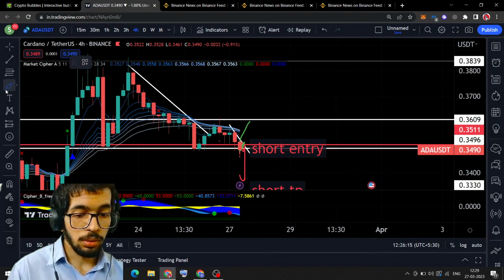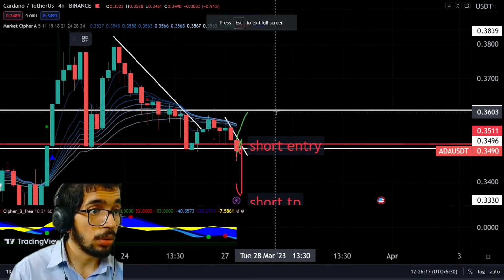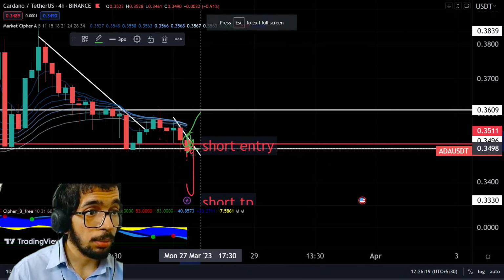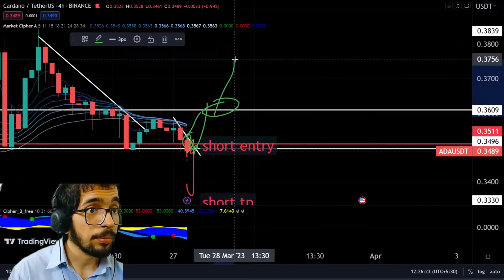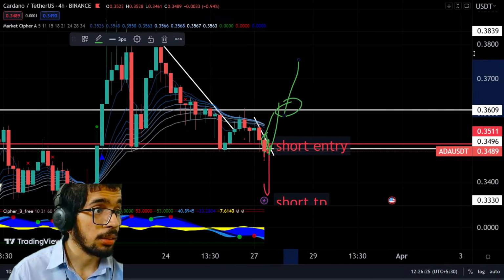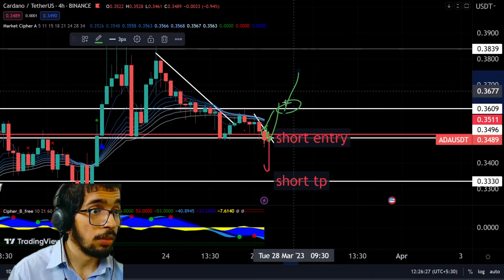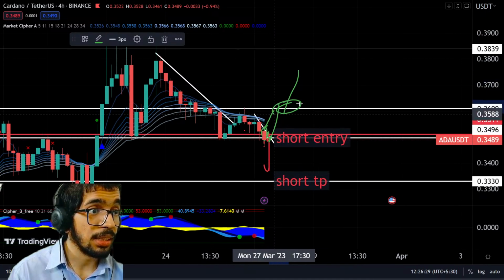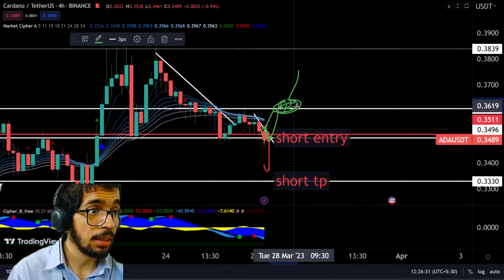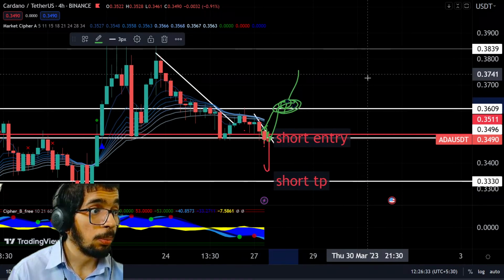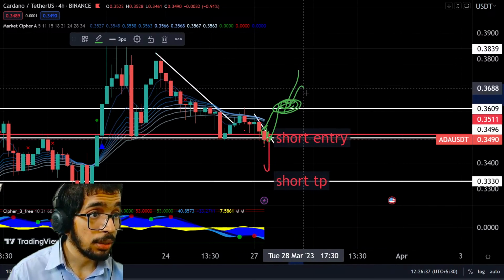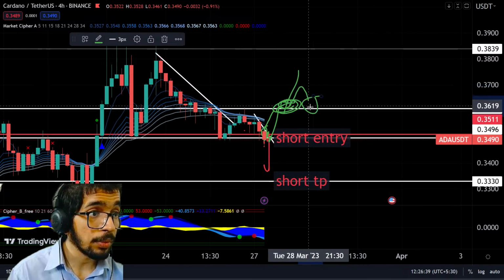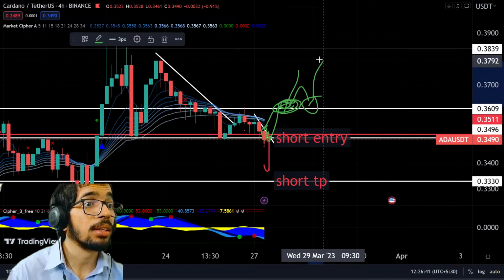So for now it comes here, it bounces back, it breaks this one, it goes up, then it can range in this area. So you're putting your longs once it breaks this key area, 0.3609. Once it breaks that, gives a touch on the support, enter it here,